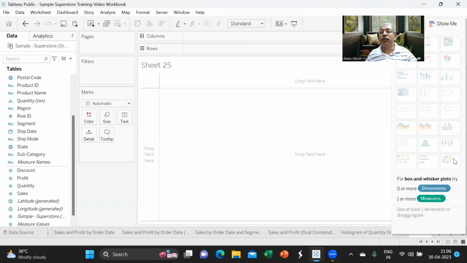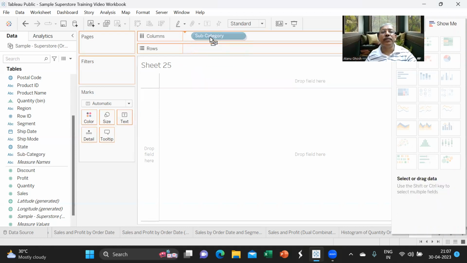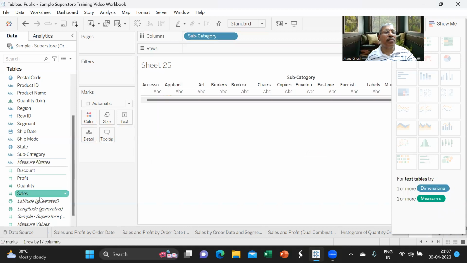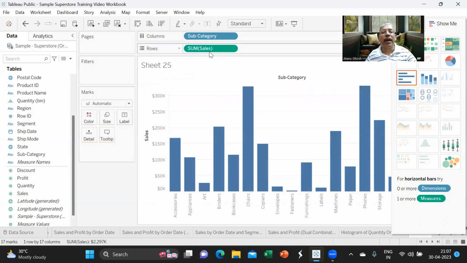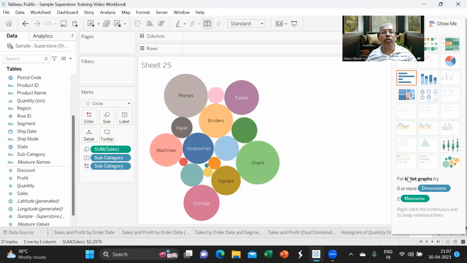The next chart we are going to see in this video is the packed bubble chart. A packed bubble chart is similar to a tree map, except that here the measure is shown in the form of bubbles, and visually it is pretty attractive. We can have sales and subcategories and create a packed bubble chart, and you see a nice